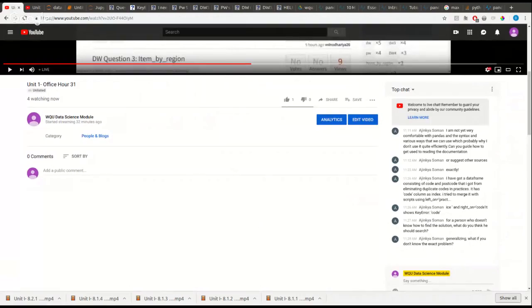So I've got a data frame consisting of code and post code that I got from eliminating duplicate codes and practices. It has a code column as index. Oh, it's like exactly this question that I'm answering. For a person who doesn't know how to find a solution, what would you search? So my first kind of,